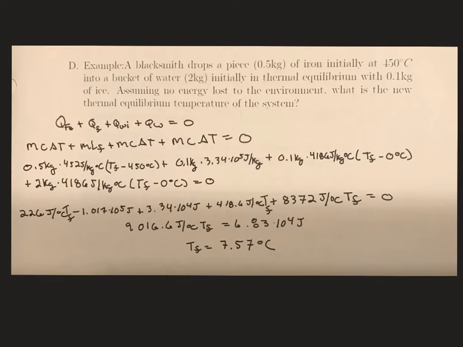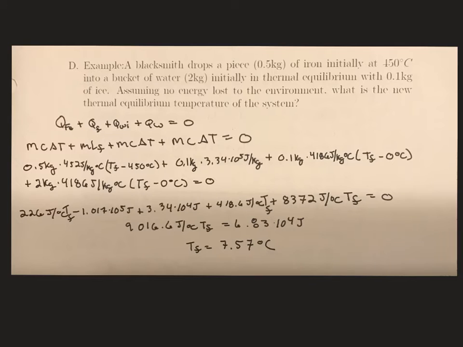Alright, so in this video we have a blacksmith that drops a piece of iron into a bucket of water that also contains some ice. So assuming no energy loss to the environment, we want to know what the new thermal equilibrium temperature of the system is. Now, assuming no energy loss to the environment tells us that we're doing a calorimetry problem, so that